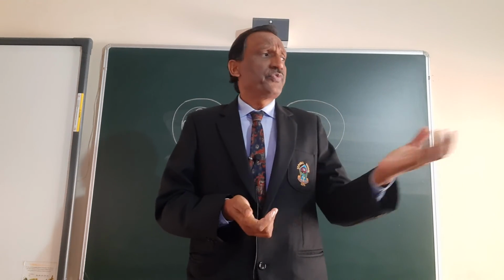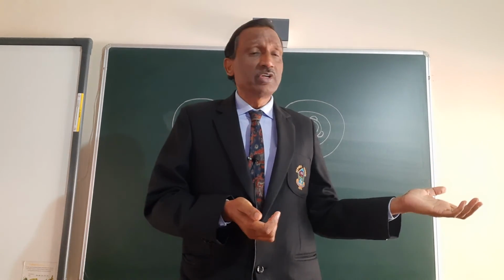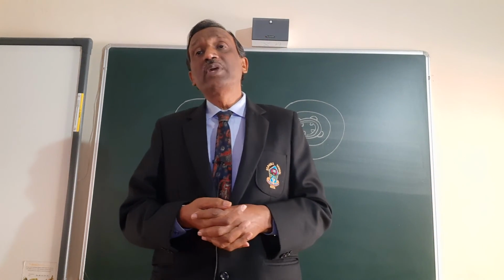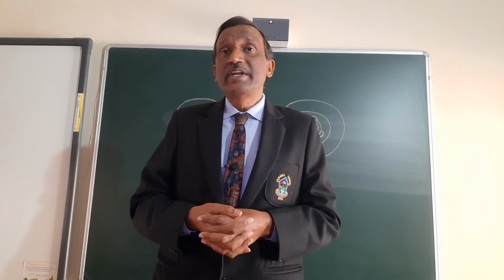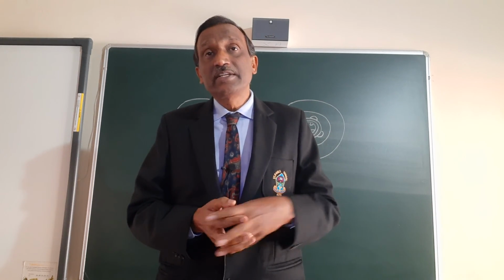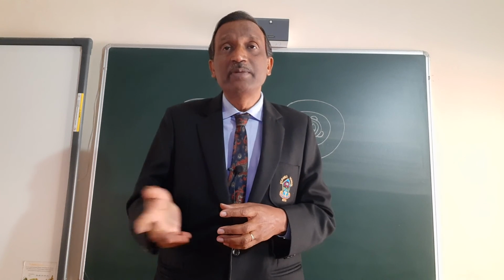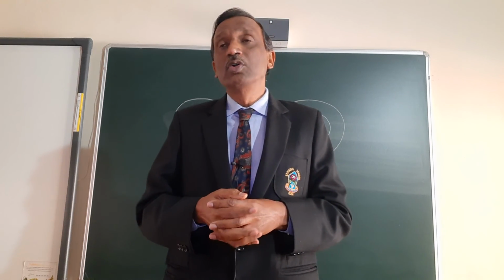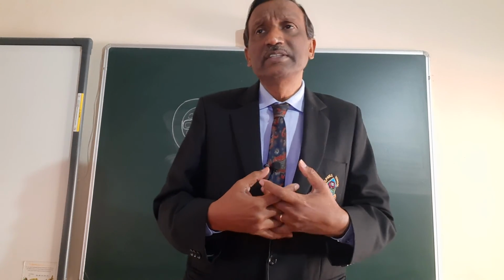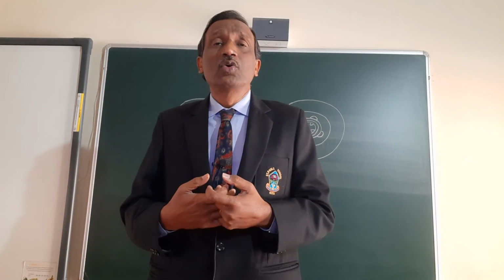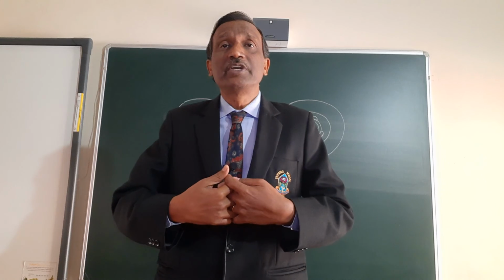So just if you got a log, you got a twig, you got any part of a plant, you can find out and you can tell whether it is a monocot plant or a dicot plant. Then you can even tell how old the plant is. It can even help us to know how old the tree is. Okay, so all these are helpful. All these are the things which are giving us a clue, or which are useful for the study of anatomy.